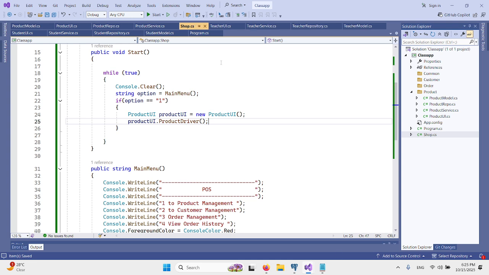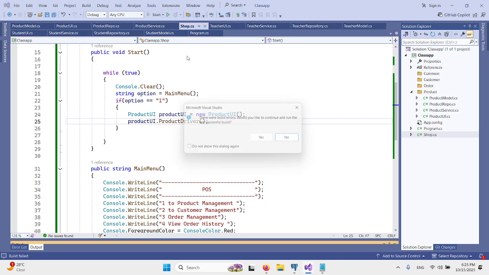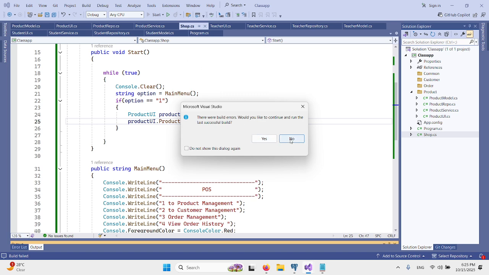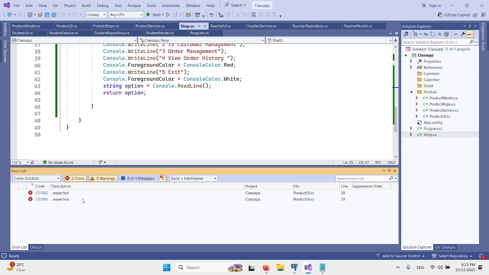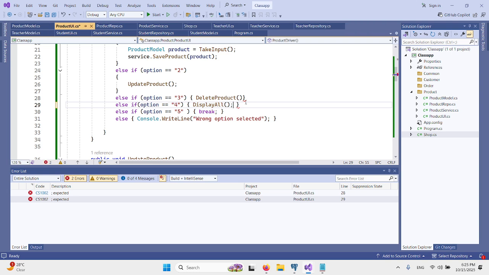Let me run this code and see the effect in the file. Similarly for the second option you will code for order, customer, and so on. Okay, let's run this code. Now let it run, pray. Oh my god. Well, let's see what the error in the code is. Maybe we have some syntax missing, semicolons.